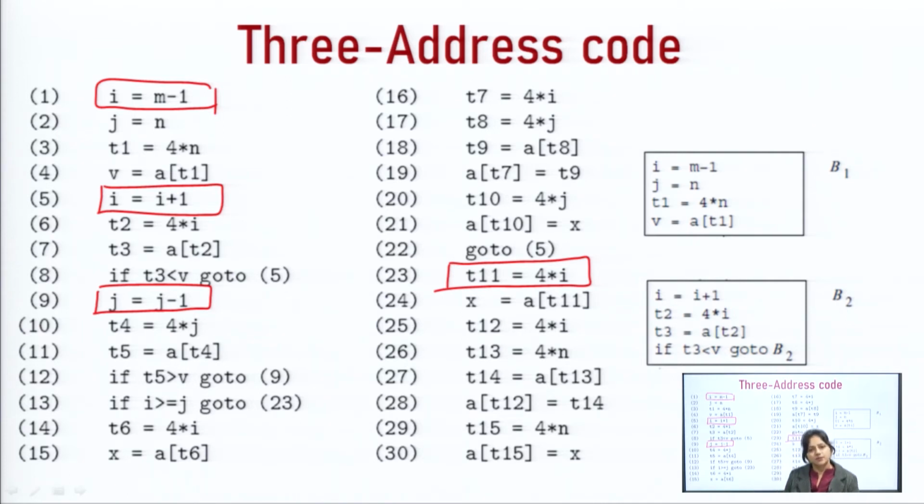Now, next possibility, the instruction just after the go to is a leader. So, this is the go to statement and after this we have this statement, here we have this statement. So, this can also be the leader. Now, just after it we have already considered. Now, this go to is pointing to 5, we have already considered 5 as leader. So, these all are the leaders in the program.